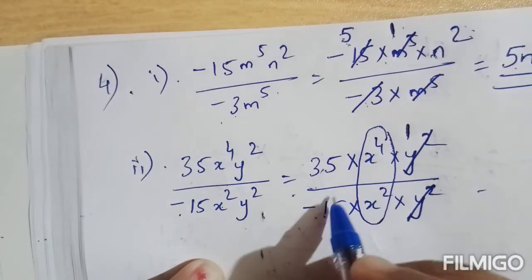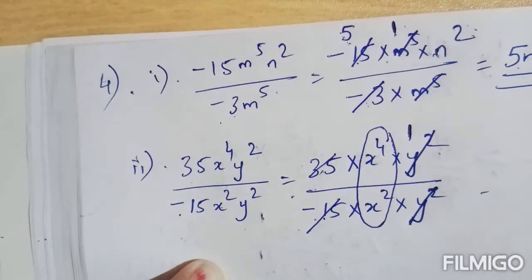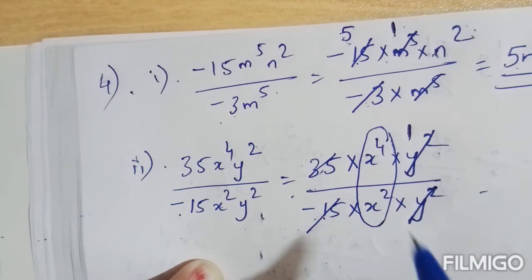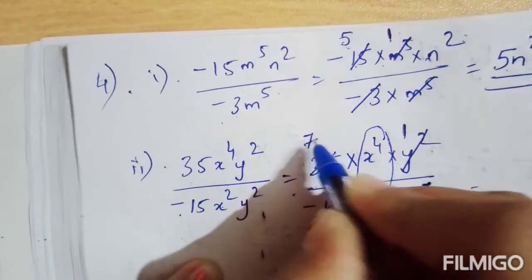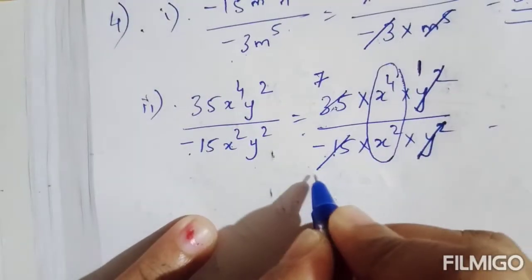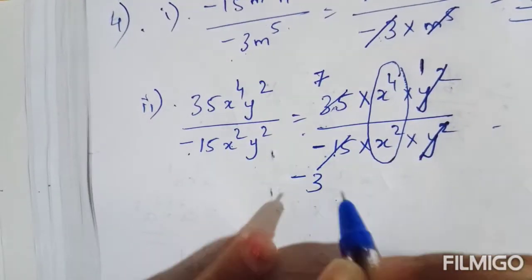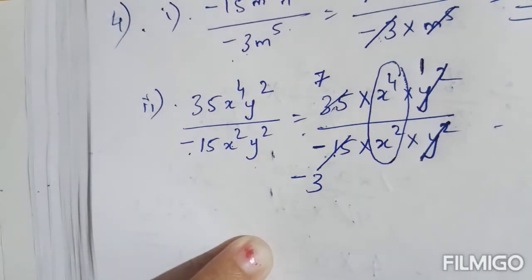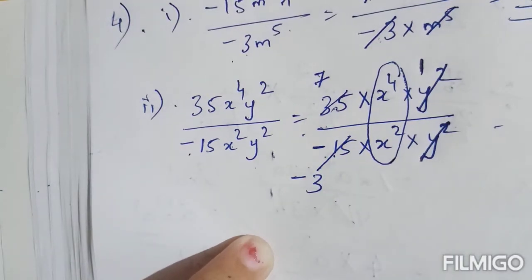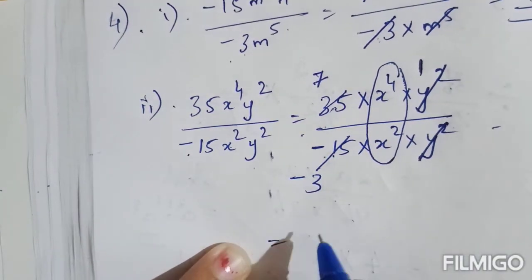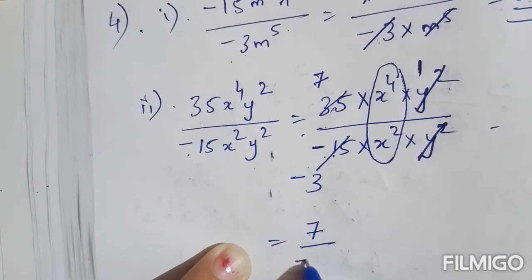35 and minus 15 will go in 5. Both will go in 5. So we can reduce: 7, 7 into 5 is 35. Minus 3. Here negative is there, so that also you should consider. Minus 3. Minus 15 divided by 5 is minus 3. Okay, so 7 by minus 3